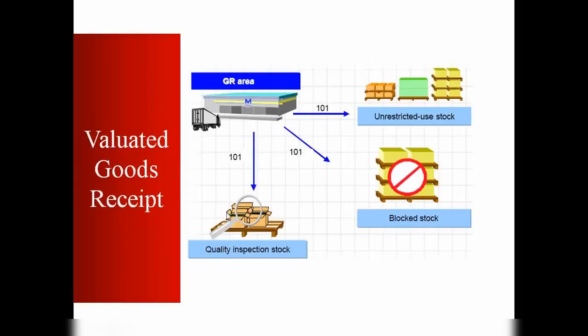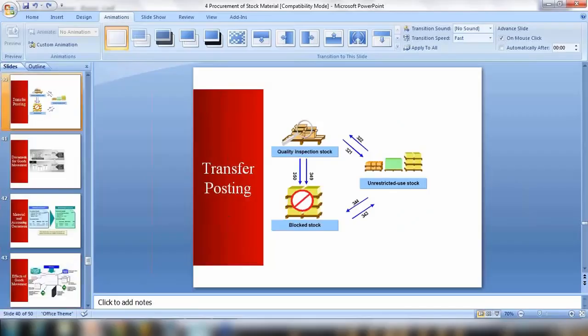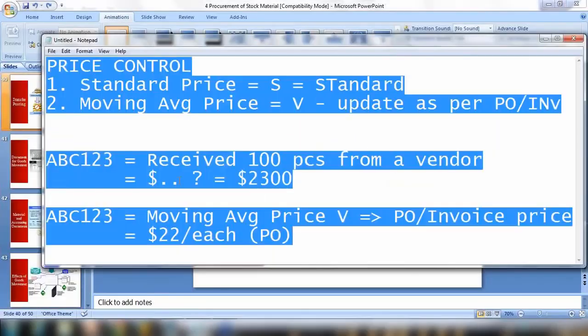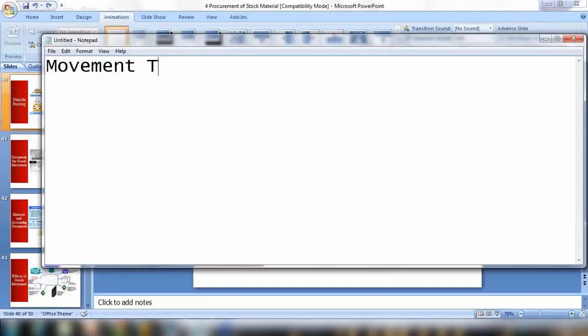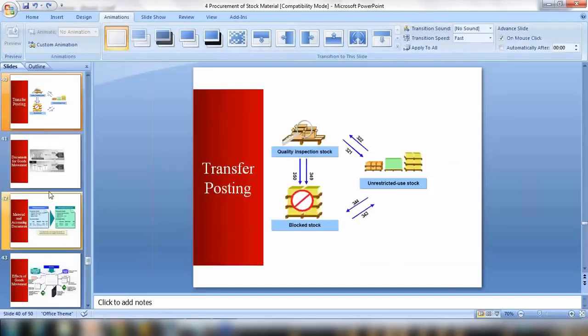Whenever you receive the goods, you can put the stock in any of these three areas, and that is controlled by something called movement type, which is a very important part of the SAP consultancy role. So this is controlled by movement types. For example,